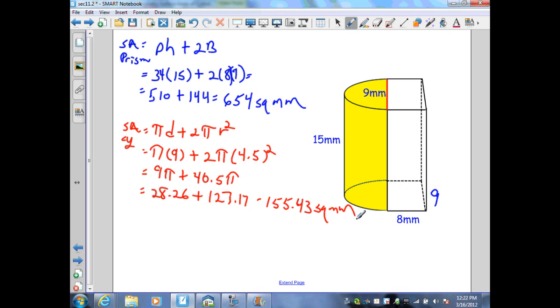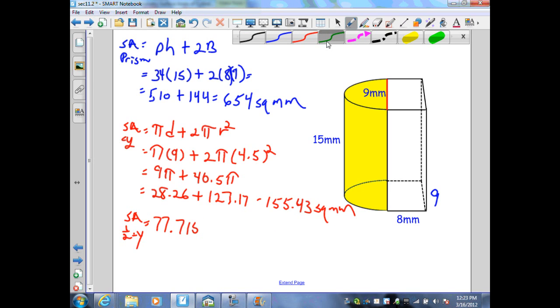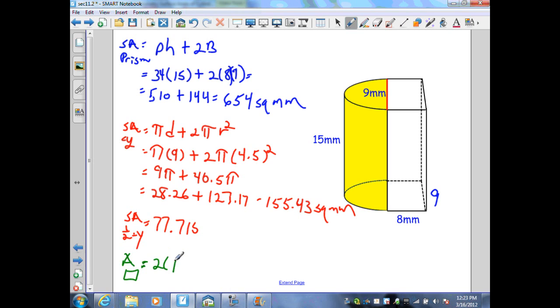Now, that gives me a prism and a cylinder, but I don't have a full cylinder. I have half a cylinder. So what I need to do is to find the surface area of half that cylinder. So I need to divide this by 2. When I divide that by 2, that gives me 77.715. Then I need to realize that this half cylinder is going to be the rectangle, which has the dimensions of 9 by 15. And that covers up the rectangle when I have the cross-section of the cylinder and the rectangle on the base of my prism. So therefore, I need to find the area of that rectangle. Area of rectangle is going to be 9 by 15, but I have 2 of them,